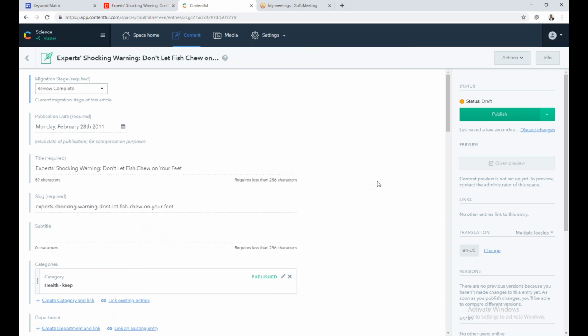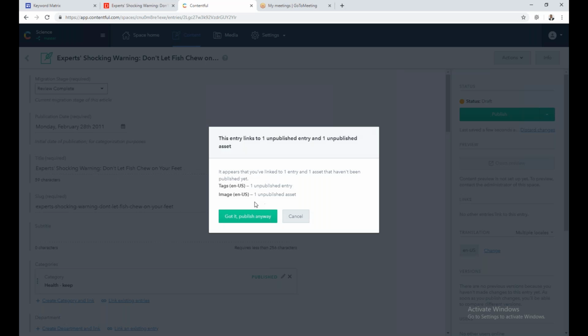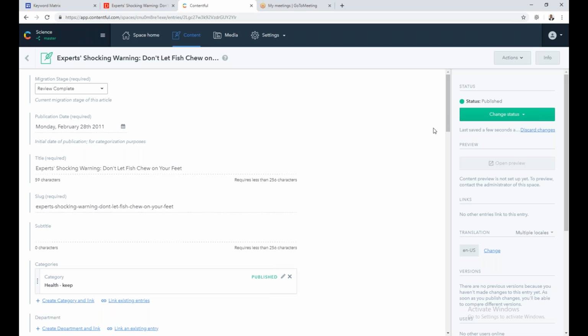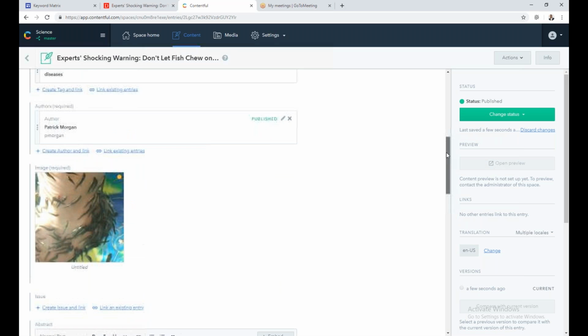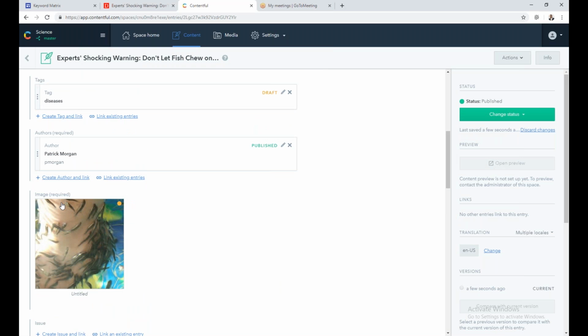And I'm going to attempt to publish this. It does look like it'll give you the opportunity to publish anyway in some cases. Sometimes they don't, sometimes it will make an error. But we want to publish these. I'm going to go ahead and see what happened. It did it. So it did publish without these assets being published, but we're going to have to publish them anyway. So if you click on the image,